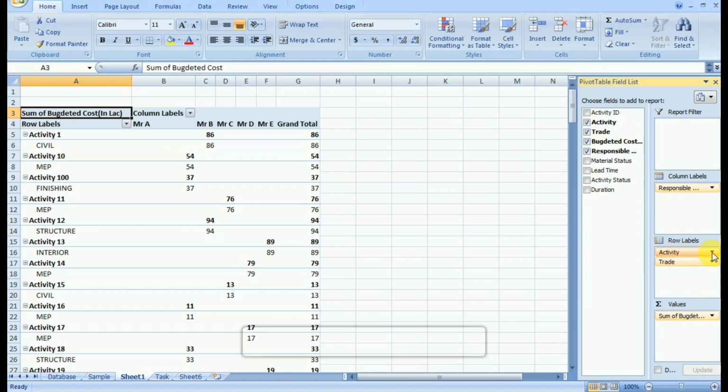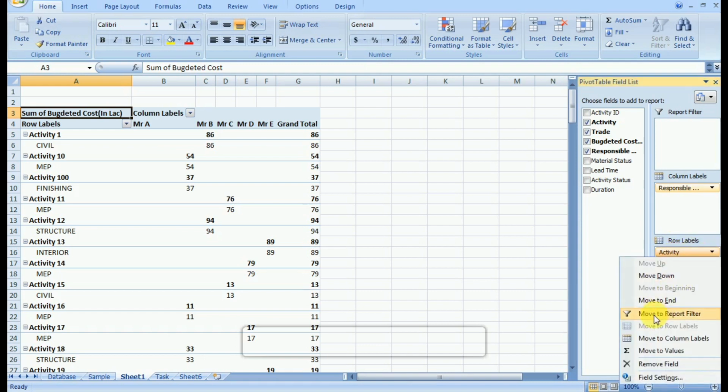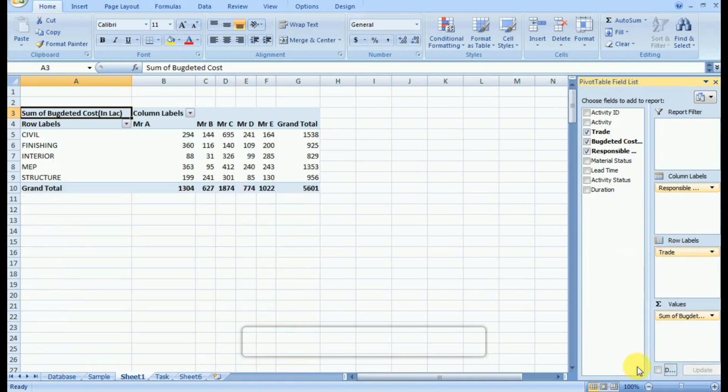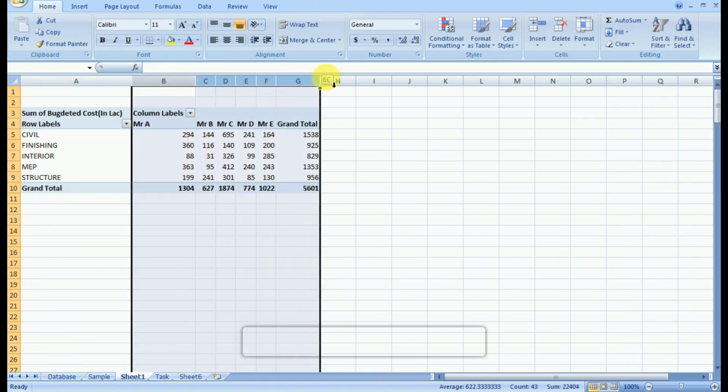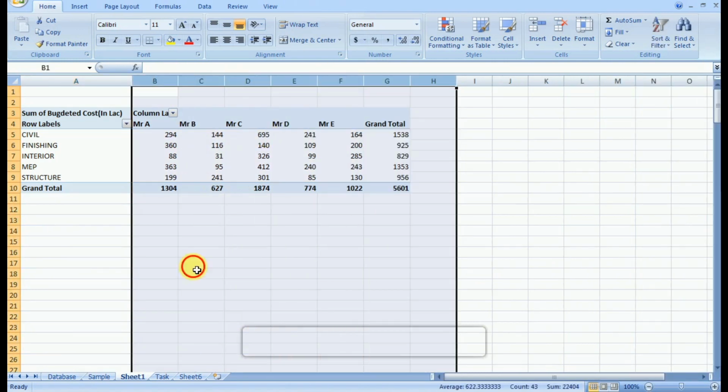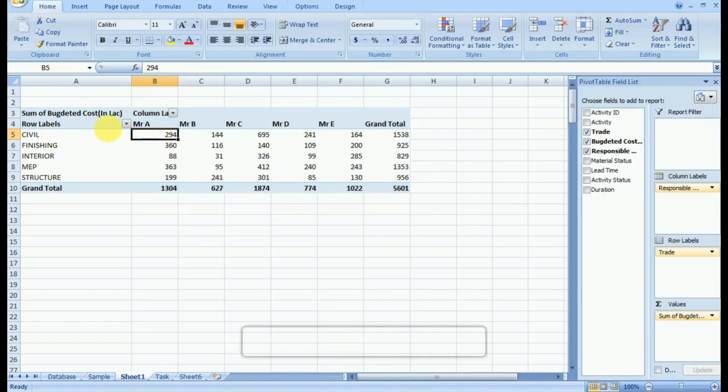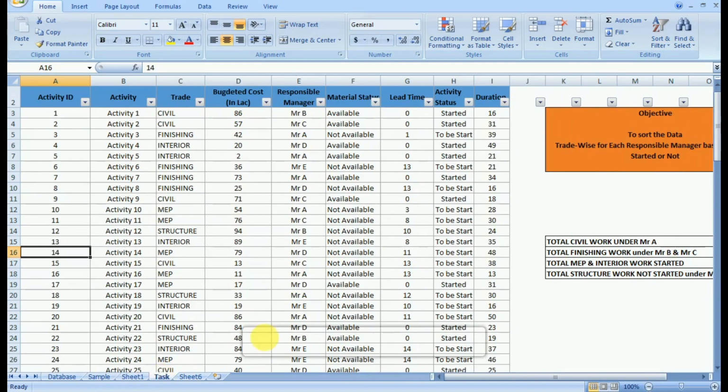So now we understand that in row label the values will be listed in the rows, in column label the values will be listed in the columns, and in the value option we will get a sum of all the values under that if it is numeric. Now when we use this option, you can see we have all the responsible managers in the column, we have all the trades in the row, and we have the sum of the budgeted cost in the value. And in this way we are getting the desired output of 294 of total civil work under A.